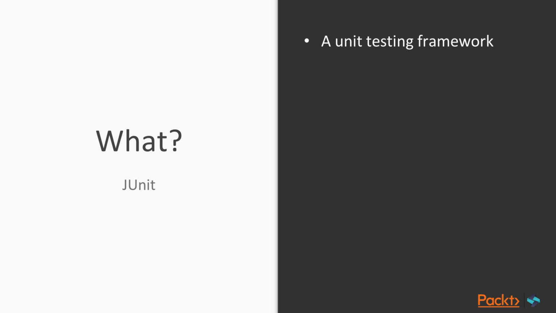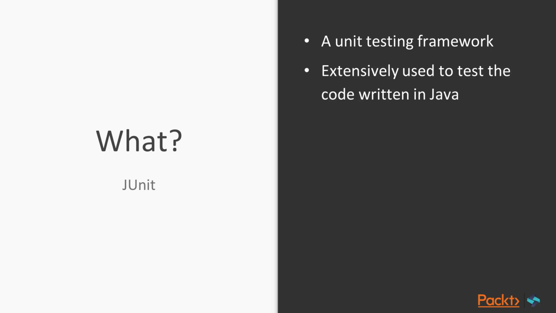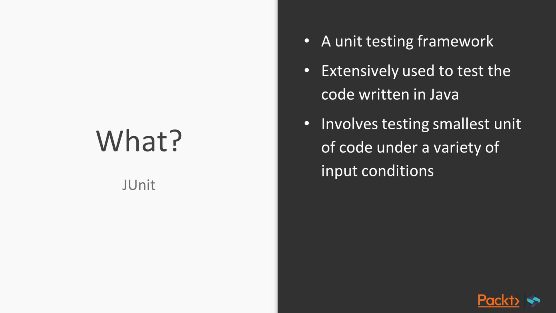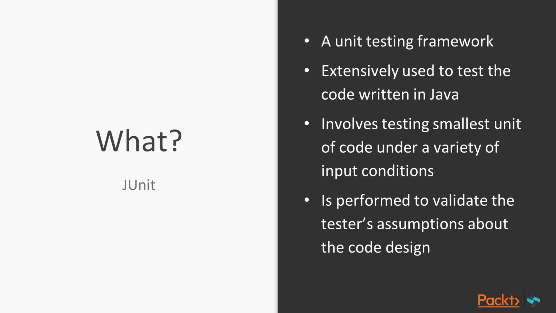get an overview of what JUnit is. It is a testing framework to test the code written in Java. It involves unit testing, providing the input conditions, and validating against what we are expecting. So we assume the output, and when we run the application, does our assumption match the expected value or